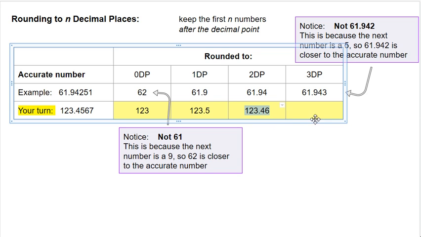Final one, pause and have a go. Hopefully you're getting the idea. Right, 3 decimal places. So I'm allowed this much number. Should I keep the 6 at the end, or should it round up to